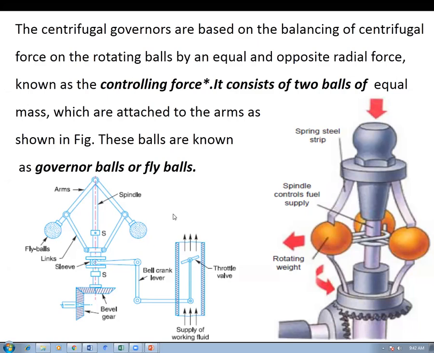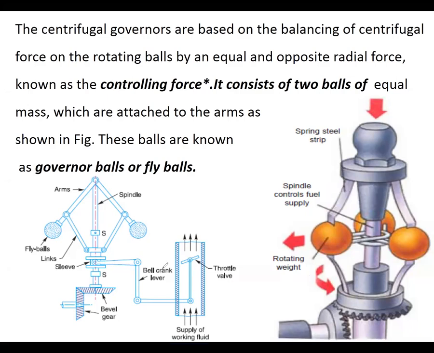So this is the diagram. Last class I also took you through this diagram, which indicates the governor. The governor is connected between the engine and the fuel supply. You can see here, this is the shaft which is coming from the engine, and this is the area where the fuel supply is taking place. So with respect to the working of the governor, the fuel supply is taking place.